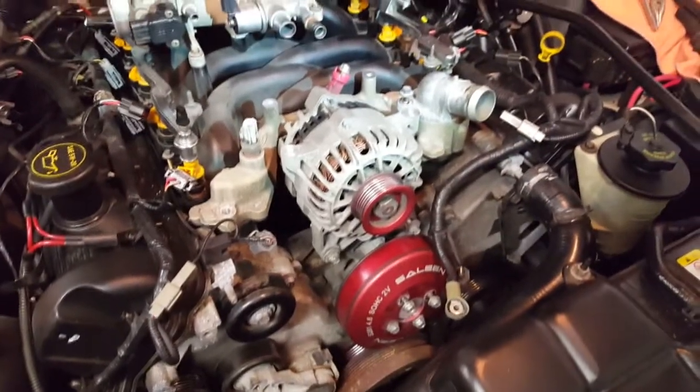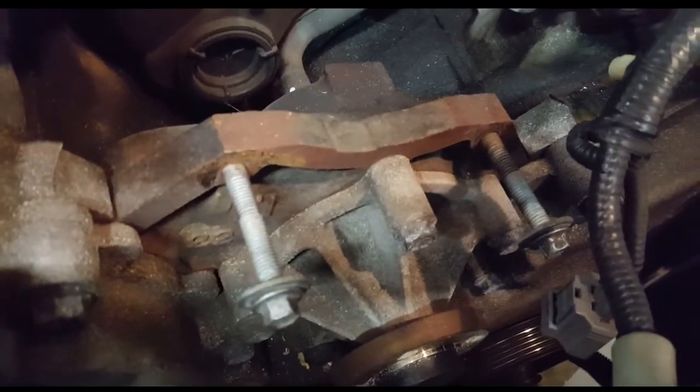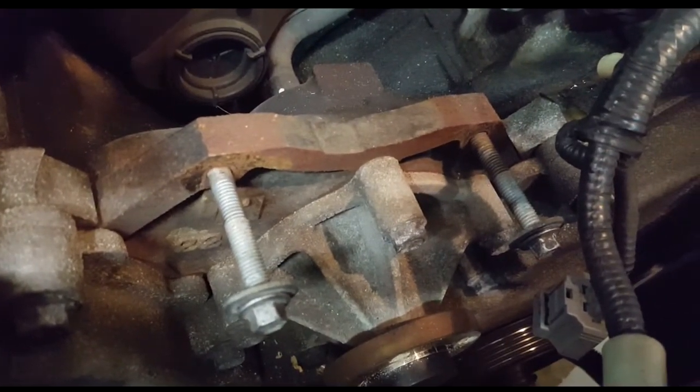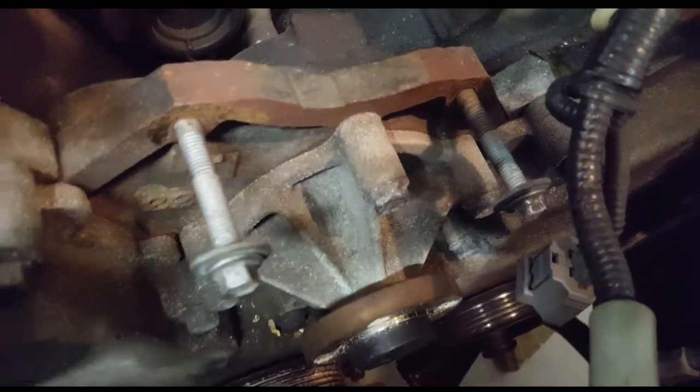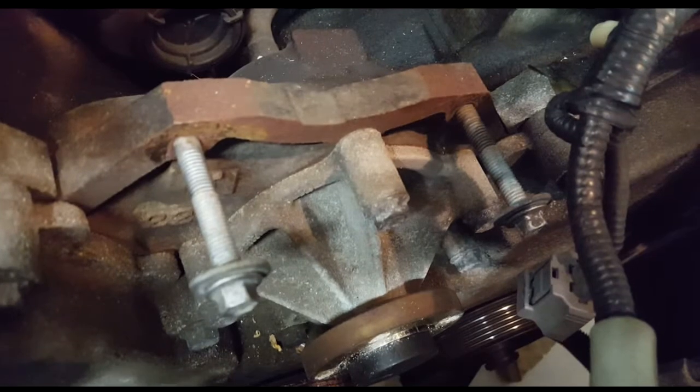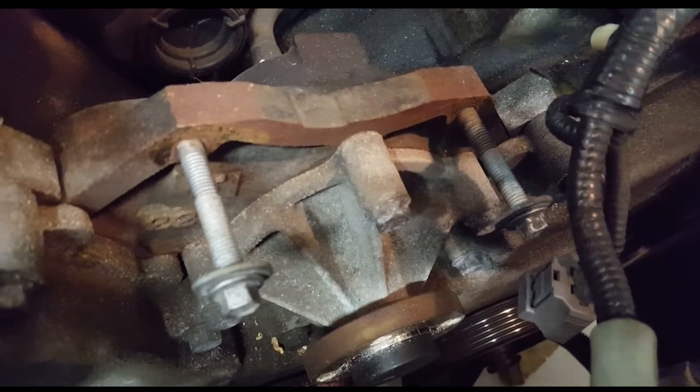Everything's loose, all the bolts are out. So let's see what happens. One of the things I do when I'm taking a project like this apart, I leave the bolts in the spaces they're supposed to go to. That way there's no mix matching bolts, you know, different sizes, different length bolts. You'll see I also did the same thing here for the